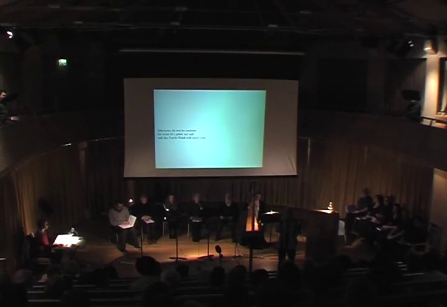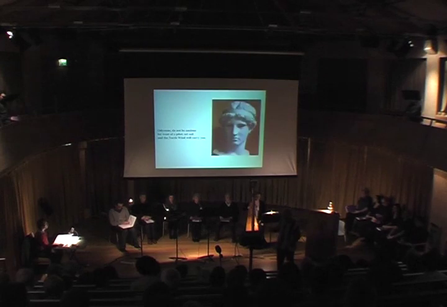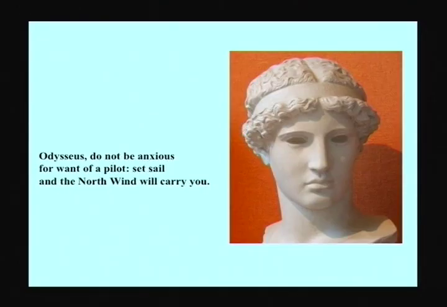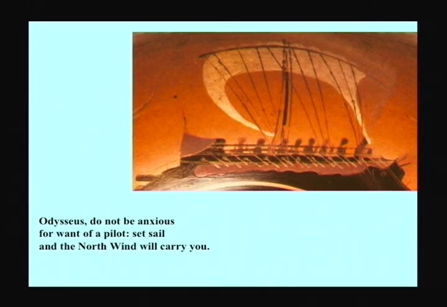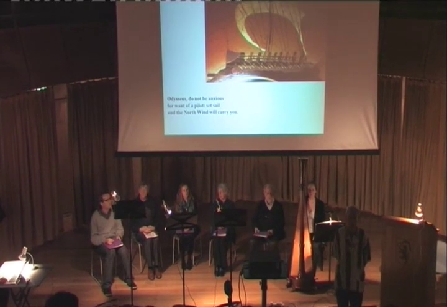Then, in order to make that even more intelligible, on the right of the screen, an image will always be there. The image is to represent either the character speaking, in this case it's Circe, in case you didn't recognise her, and that helps you identify. Alternatively, it will be an allusion to something being talked about at that time, setting sail and the north wind carrying you in this case. There's always those two elements there.